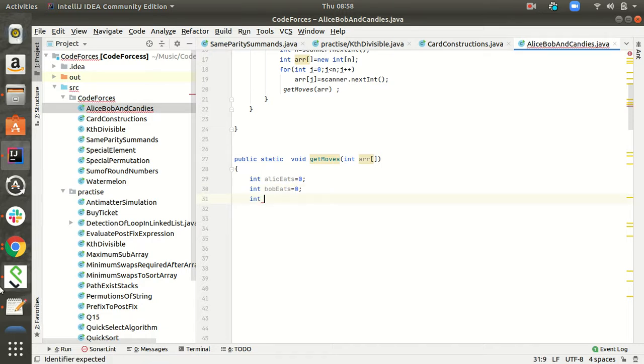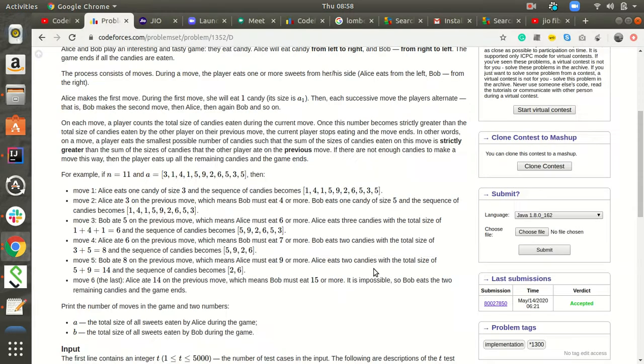We'll take two pointers, i and j. We'll start incrementing i as Alice eats. We'll start decrementing j as Bob eats. We'll create a while loop which will have the condition i less than or equal to j, and at that time it will terminate.